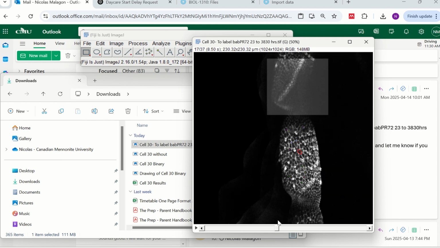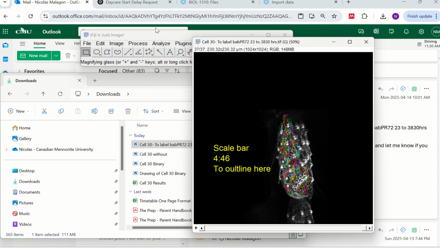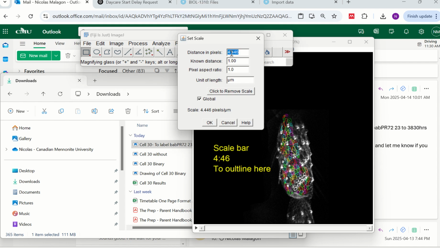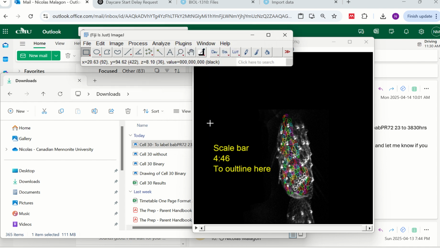Just to remind you, the scale bar here is this one, 446. Let's put 446, like it's in here. You have done this before. If not, you can watch the video, or you can ask me a question. This is why I didn't disable the calibration. So every time it is the same, you don't have to set it up all the time. Okay, so now